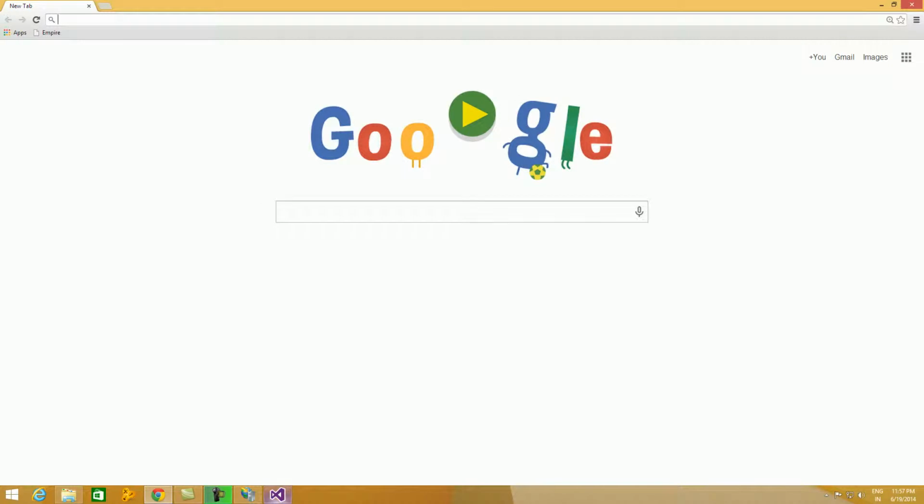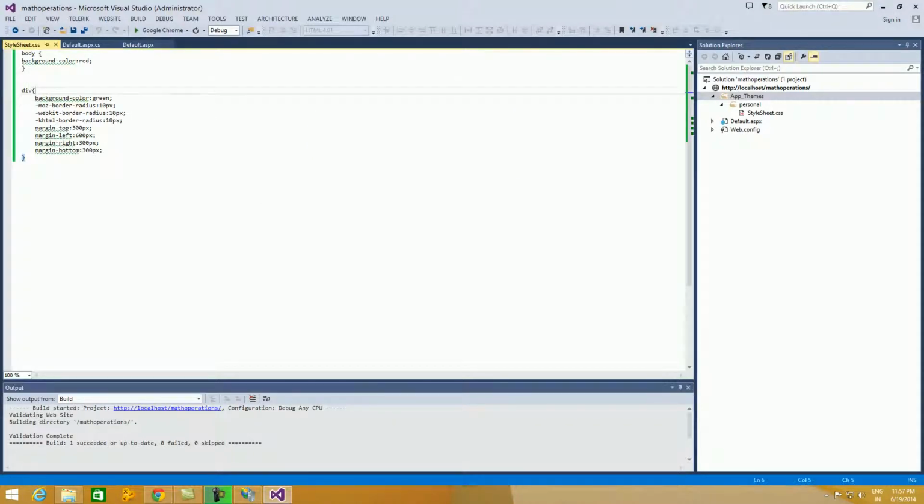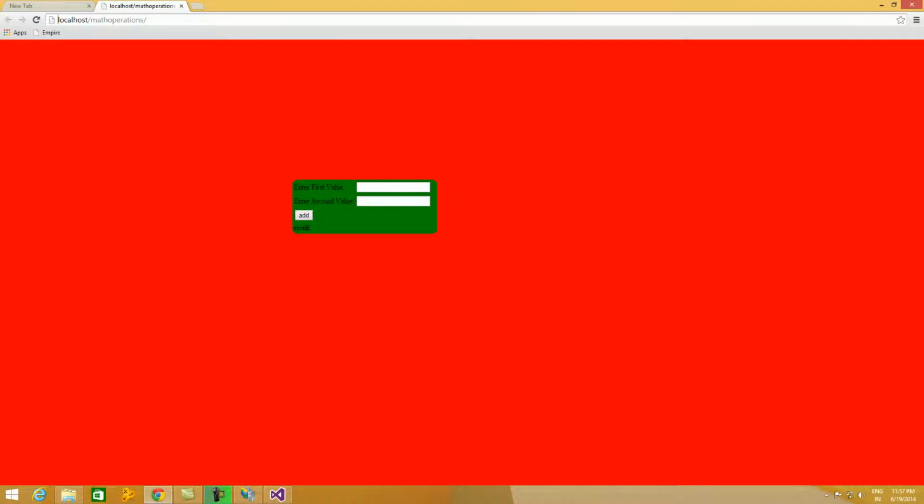Let's just decrease the size of the border. We'll give the width as 300 pixels. I'm giving the width of the div tag as 300 pixels. So this is appropriate, fine. So our alignment is correct now.